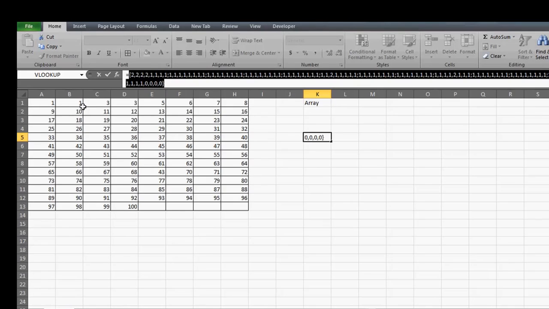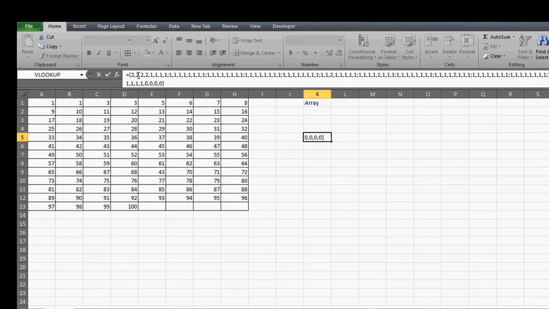Then again in the B1 I have a new 1 which is again repeated, because I have this 1 twice. It's coming twice in my data. Similarly on this C I have 3, and on D this is again 3. So that's why I'm getting 2 2 2 2, and the rest of the values are 1 1 1 1